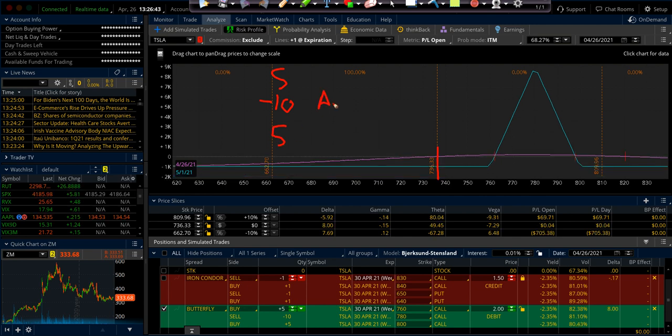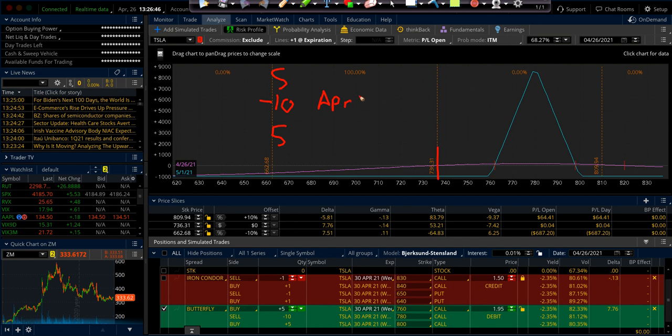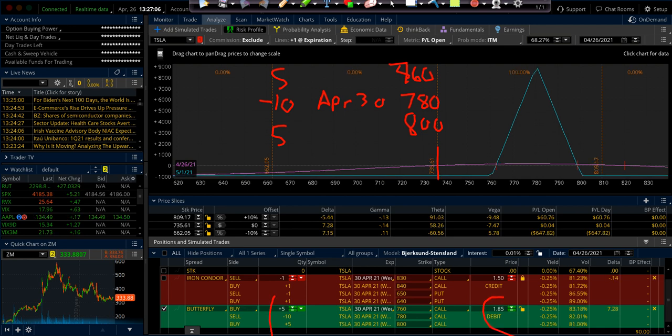This is April 30th. They expire this coming Friday. And I'm going to place the short strike where I think it can go, which is like the expected move. And then I'm going to buy my hedges around it, 760 and 800. Each one of these butterflies is going to cost me about $2. So I can do 5 butterflies or 1 iron condor. The iron condor has a lot higher probability of getting my money, but here you're swinging for the fence. On an investment that's $1,000, you can see